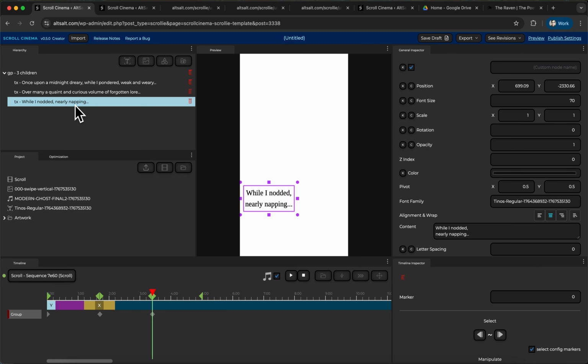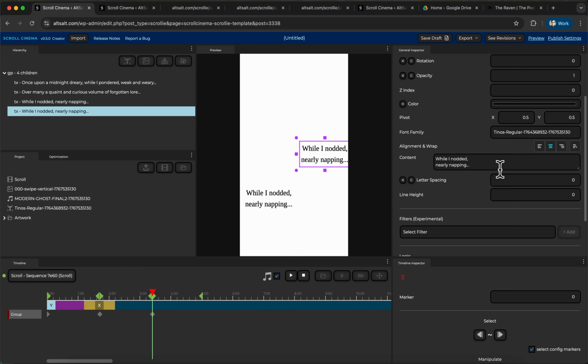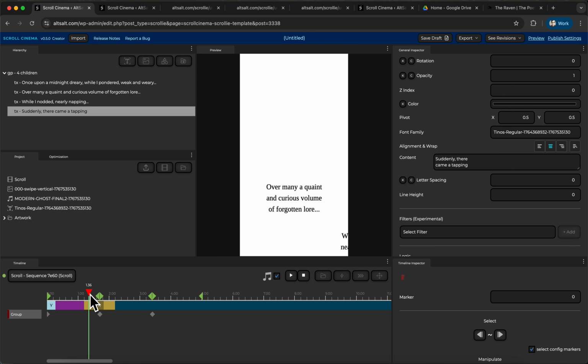Let's actually go ahead and, just to illustrate, add a few more texts here. "While I nodded, nearly napping, suddenly there came a tapping." Okay, and so there we have configured our first